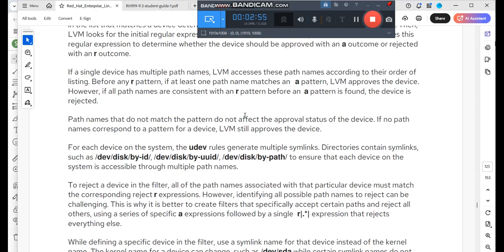For each device on the system, the udev rules generate multiple symlinks. Directories contain symlinks such as /dev/disk/by-id, /dev/disk/by-uuid, and /dev/disk/by-path, to ensure that each device on the system is accessible through multiple path names. To reject a device in the filter, all of the path names associated with that particular device must match the